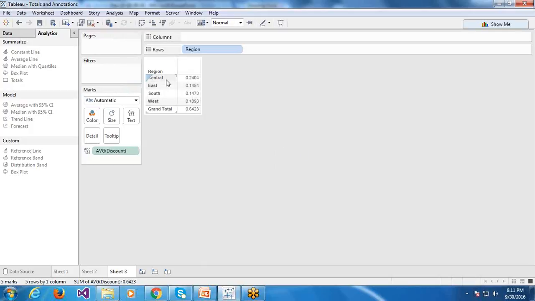So it is saying, okay, it is computing the average for each region and then applying sum for the grand total across the regions on top of the result. Why is it doing so? Does it always do the two pass total? Either it has to apply sum and then average, or average and then sum. If you want to apply different aggregations, one average and then sum, it is a two pass total, right?